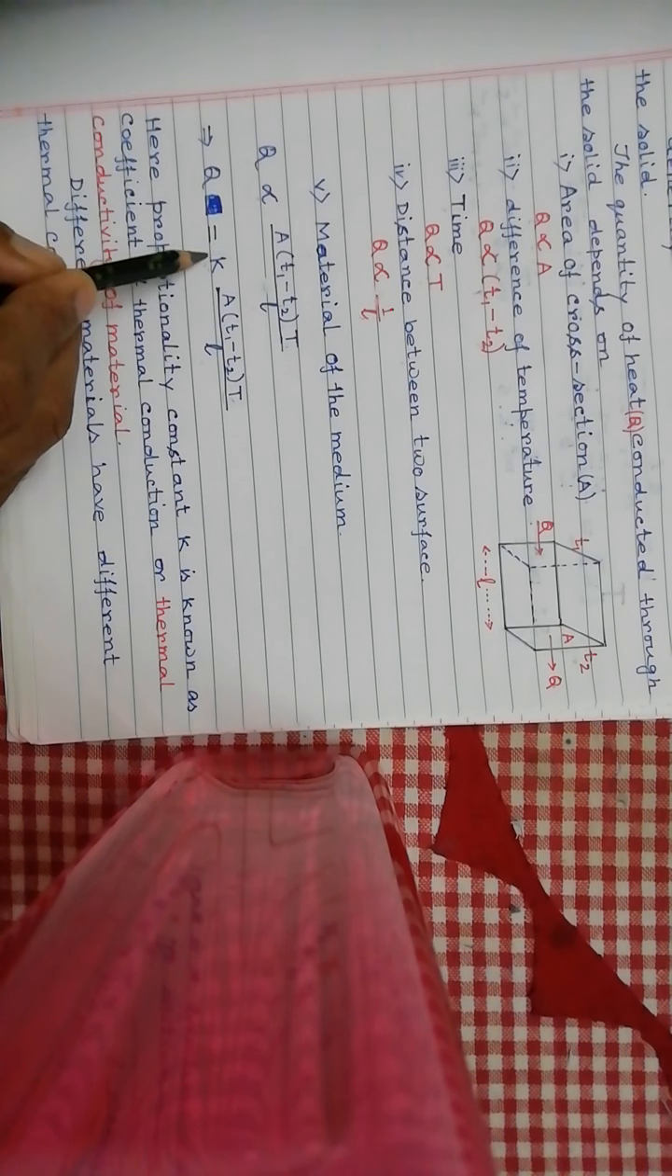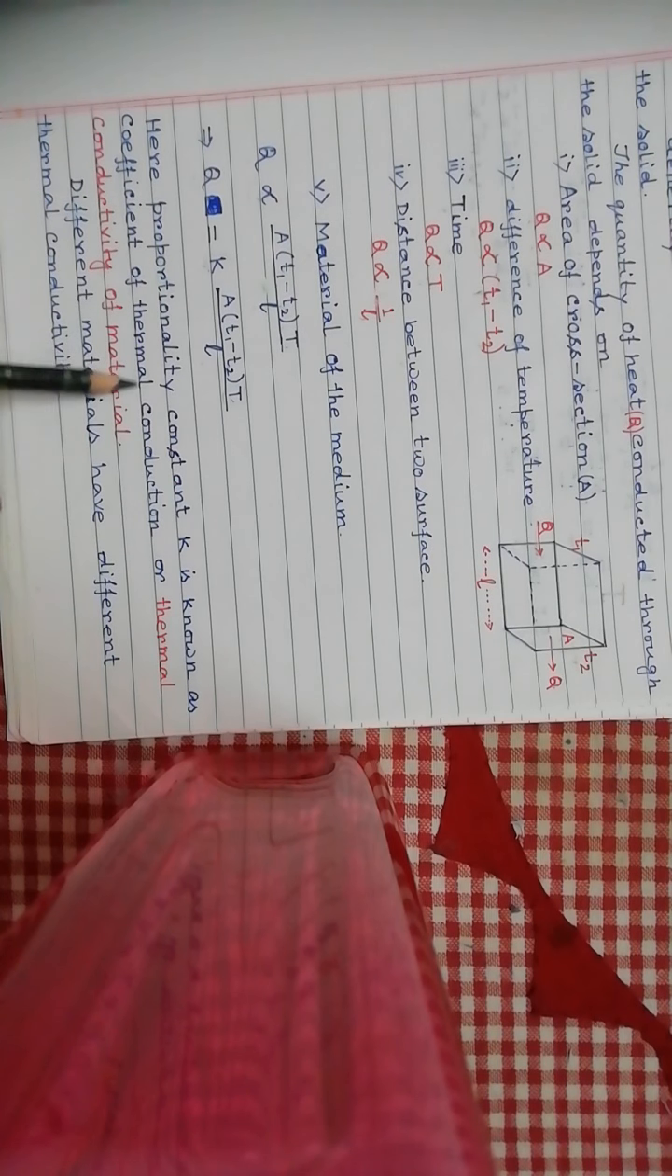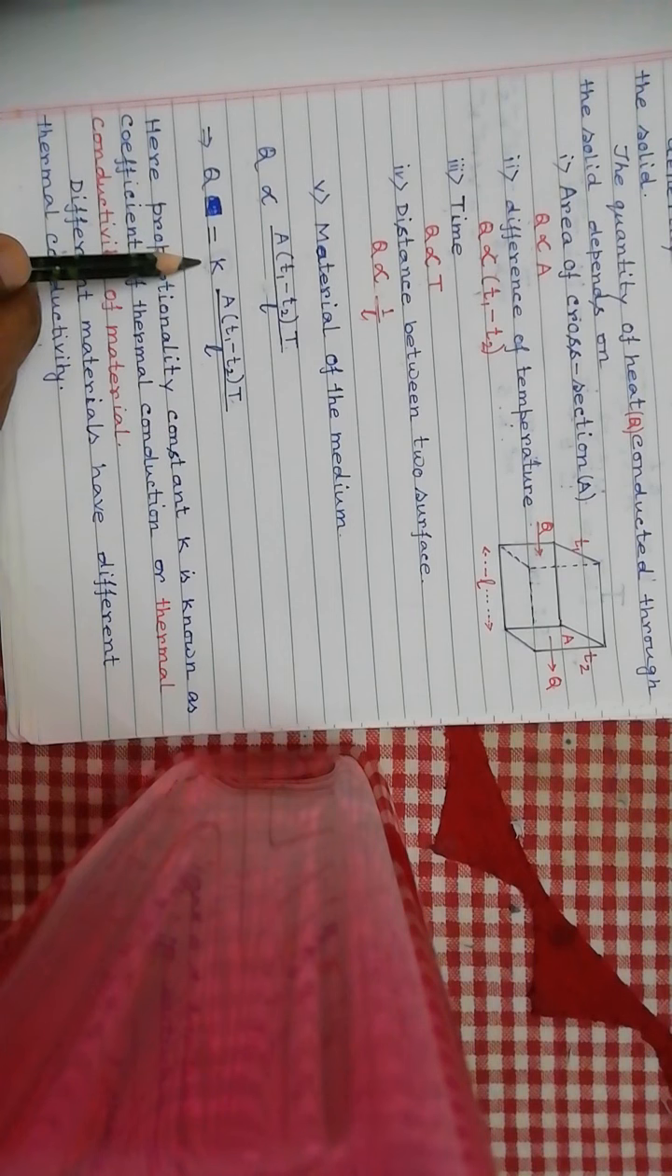Now this proportional constant K is known as the coefficient of thermal conduction, or simply the thermal conductivity of the material. This is a constant, but its value depends on the material of the conductor. Different materials have different thermal conductivity. This value of K depends on the material of the conductor. It does not depend on the